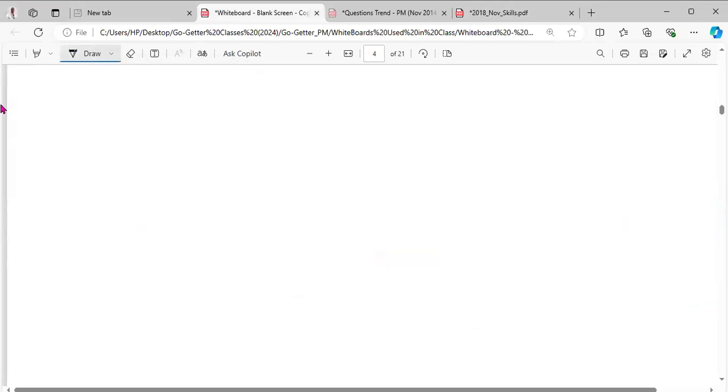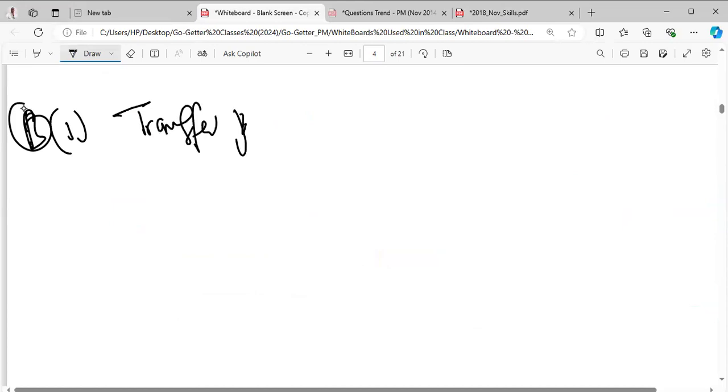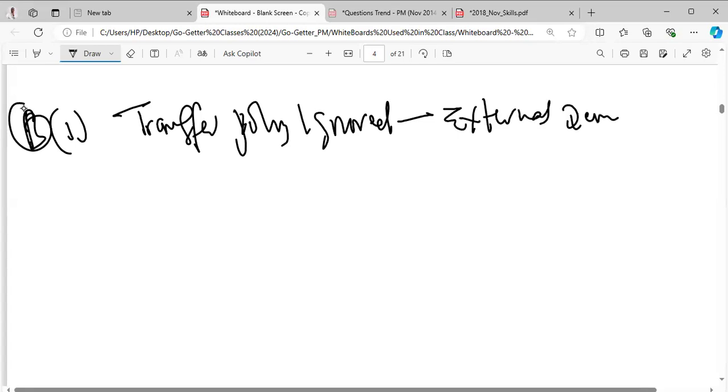We have a B. We now say B1, transfer policy ignored, external demand is 15,000